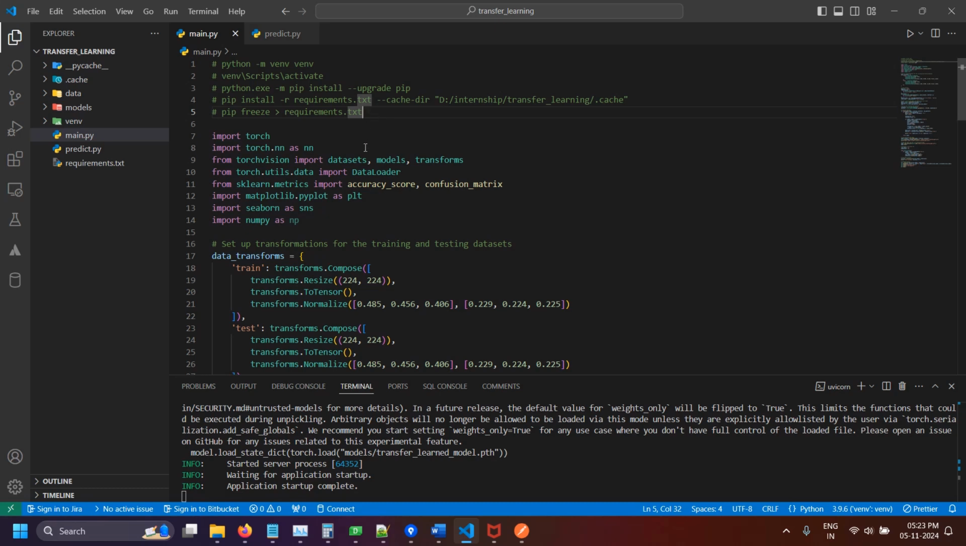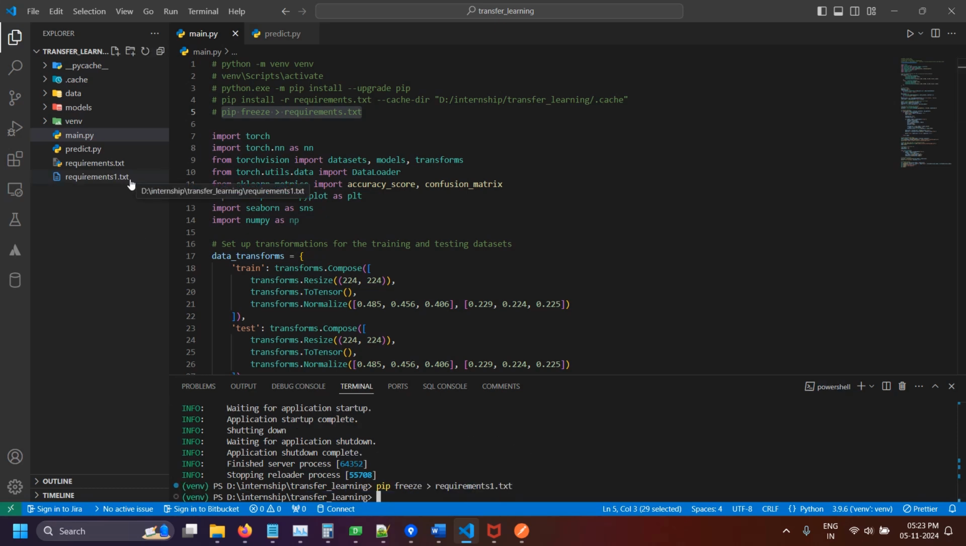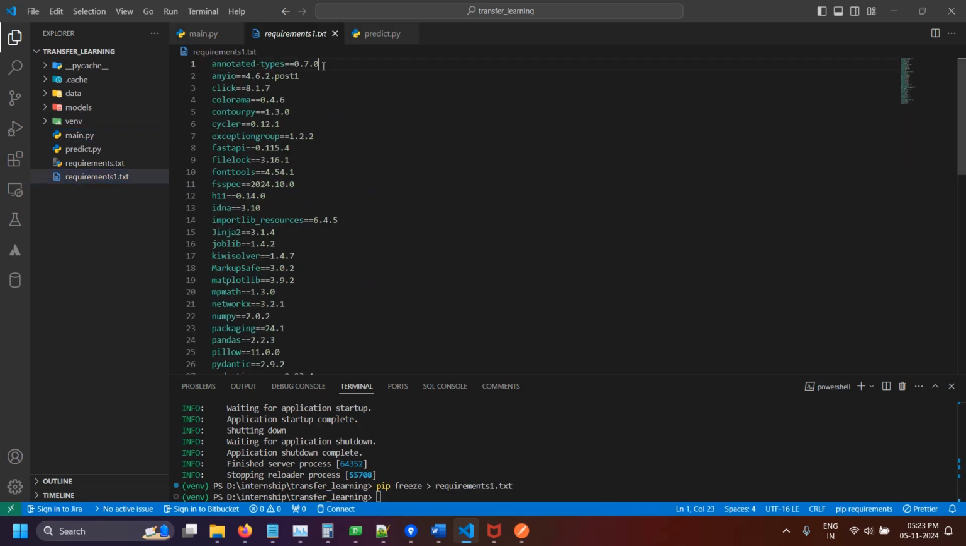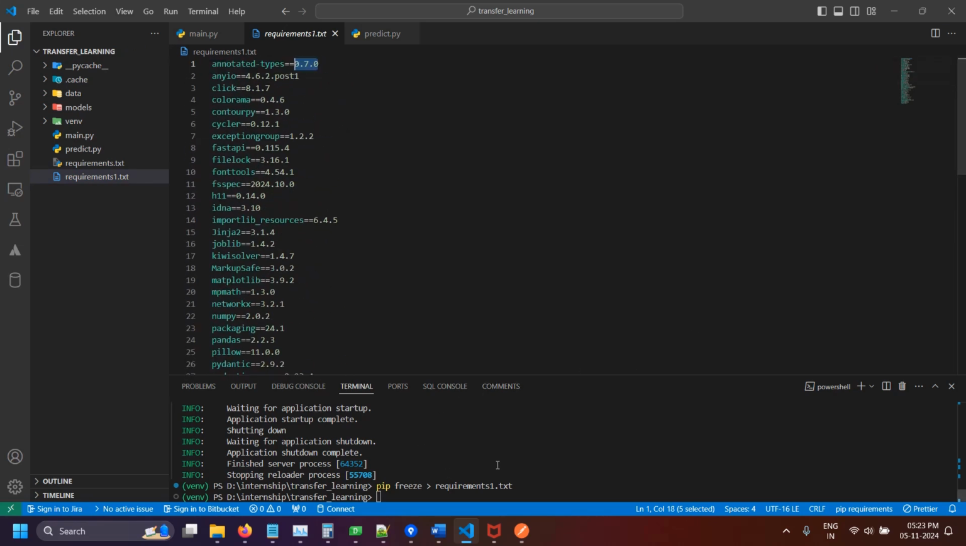And if you want to create requirements.txt automatically, I have also included this command. So I will show you this. Requirements1.txt. Let's see what we have in this. Even the version numbers will be frozen here, and using another command you can install all these libraries